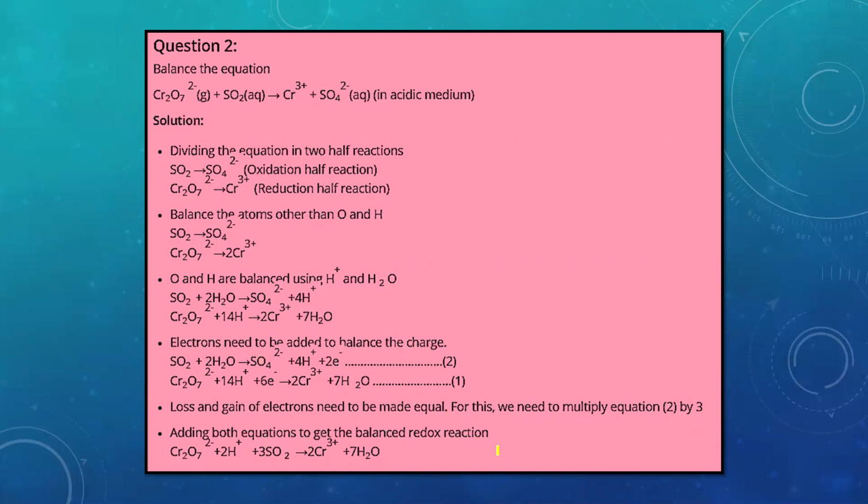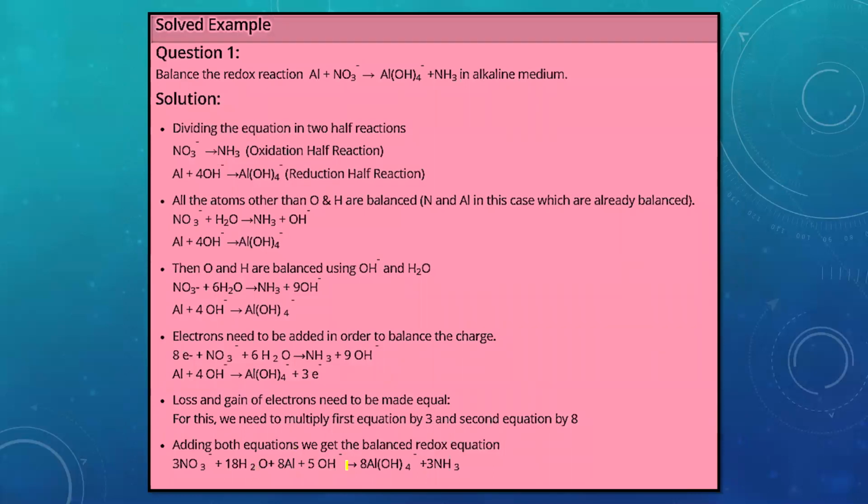redox reaction. So whenever it is asked to balance the given chemical equation of a redox reaction, you can use either method unless and until it is specified. But you need to keep in mind in which medium the given chemical reaction is taking place, because that will create a difference at the end. When we have acidic medium, we have hydrogen ions in the balanced chemical reaction. When it takes place in the basic medium, we have hydroxide ions in the balanced chemical reaction. So this creates a difference.